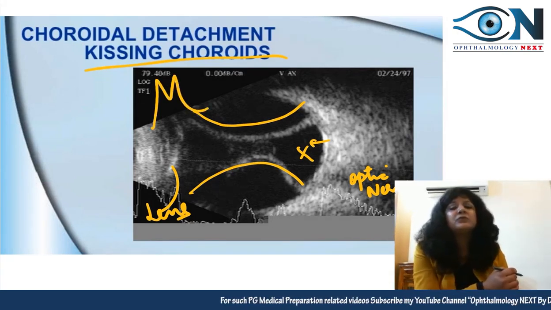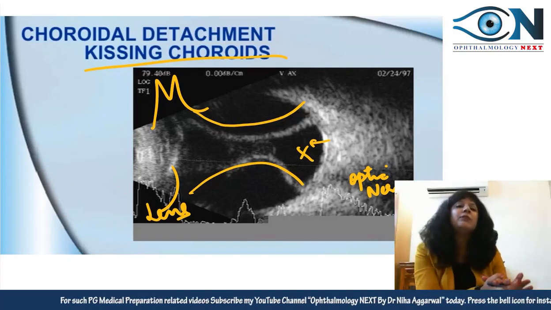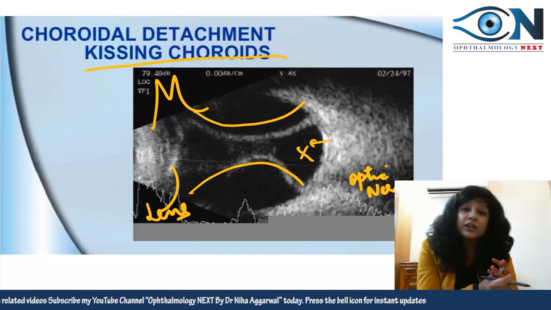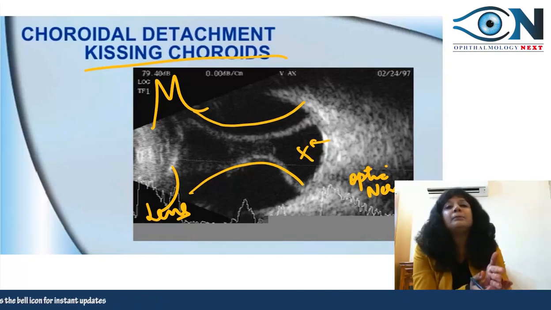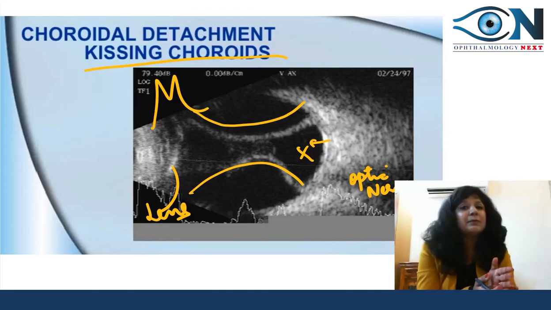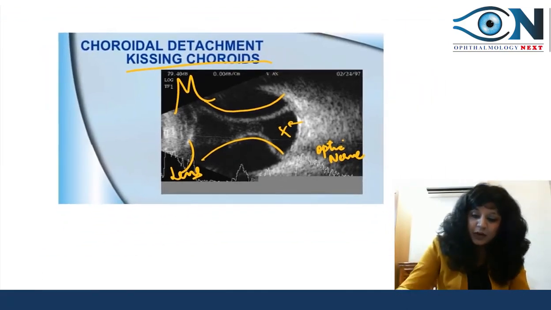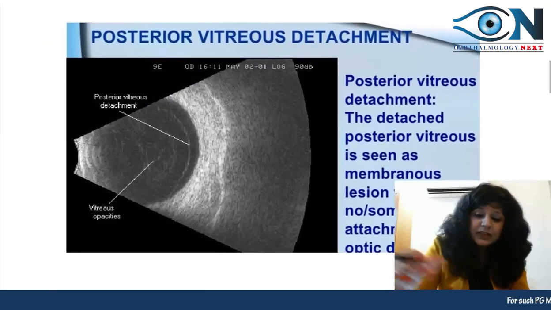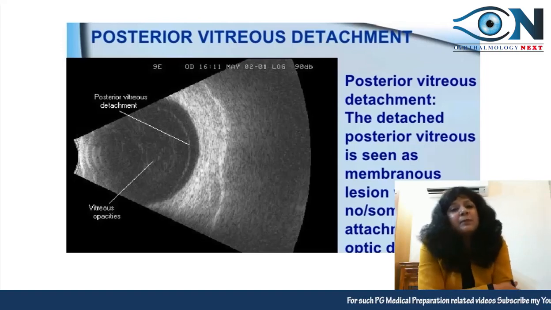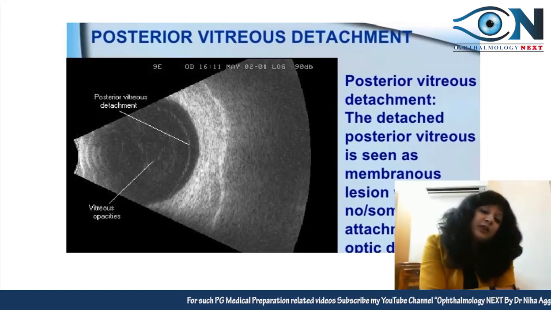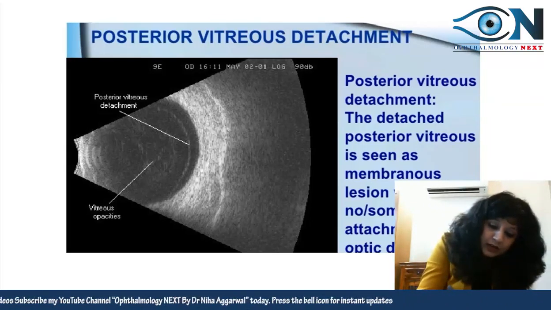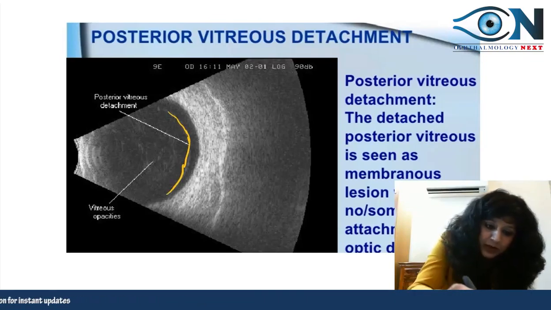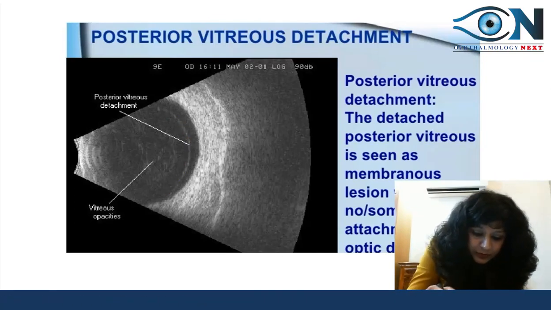So most of the time, just by seeing the B scan, we come to know that it is a choroidal detachment, but we can be very, very sure if I do a combined A scan and B scan, I will get an M-shaped spike. Okay, now let us see this. This is a case of posterior vitreous detachment. Many a time, if a person with vitreous detachment undergoes a B scan, he will also give you this kind of appearance. Can you see this one? I have made it yellowish. I will delete it so that you are able to see this.